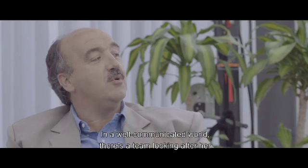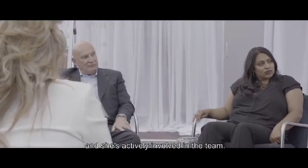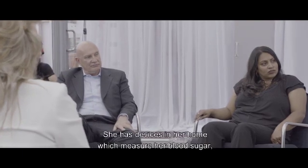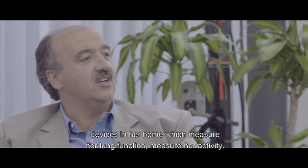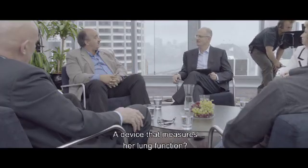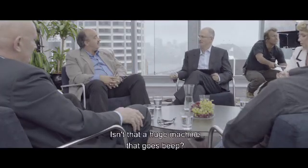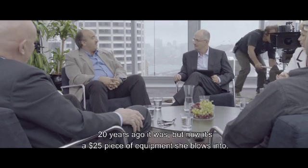In a well-communicated world, there's now a team looking after her, and she's actually actively involved in the team. She has devices in her home which measure her blood sugar, trigger alerts when things go bad, devices in the home which will measure her lung function, devices in the home which measure her activity. But when you say a device that measures her lung function, isn't that a huge machine that goes beep? Well, 20 years ago it was a huge machine that goes beep, but now it's a $25 piece of equipment